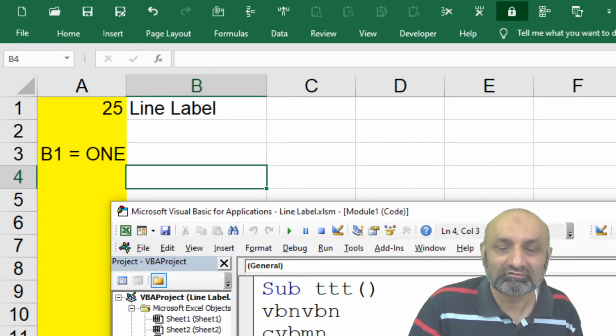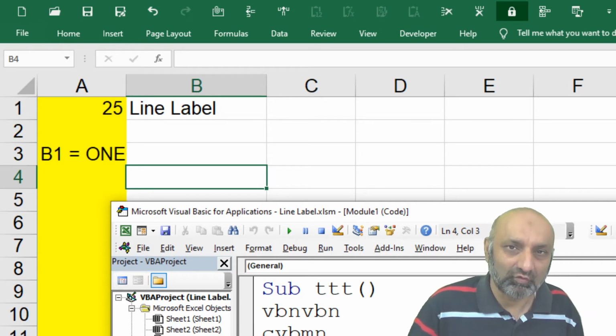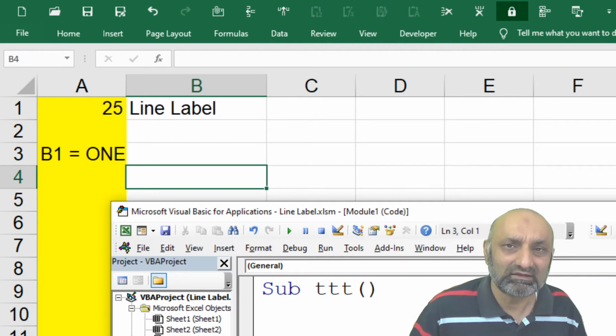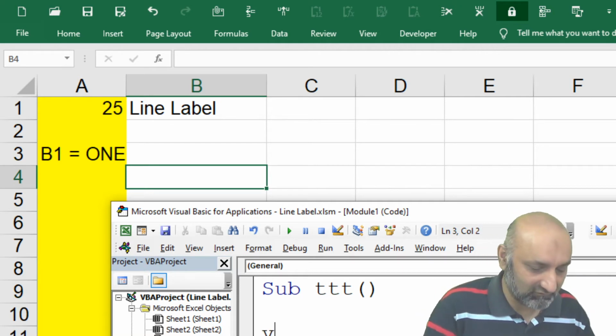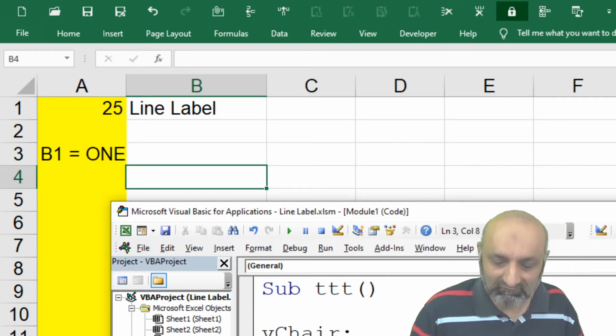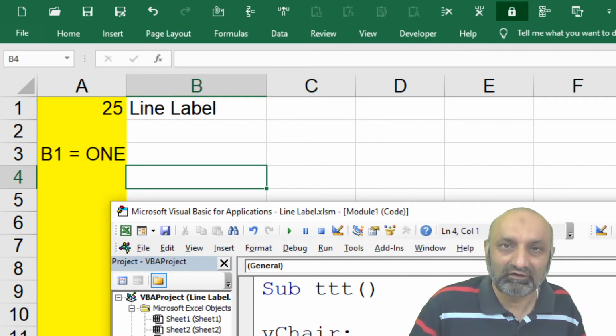How to use these identifiers is very simple. Type any variable name, for example vChair, and put a colon after that. This is the identifier.